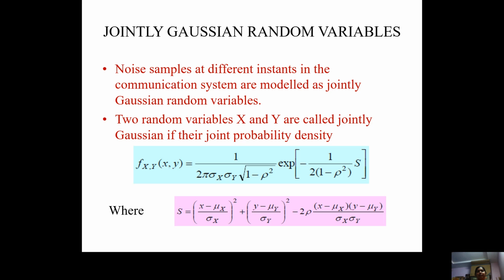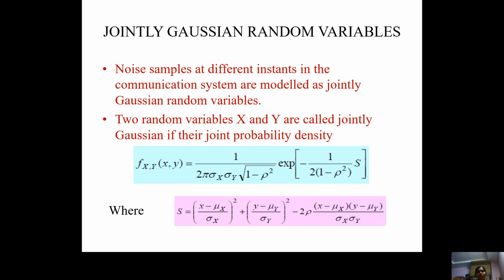Next, jointly Gaussian random variables. Till now we have discussed Gaussian random variables; here we are going to discuss them when they are jointly connected together. Generally, while we are studying communication systems, noise samples at different instances of time are generally modeled as jointly Gaussian random variables. So two random variables x and y are called jointly Gaussian random variables if their joint probability density function is